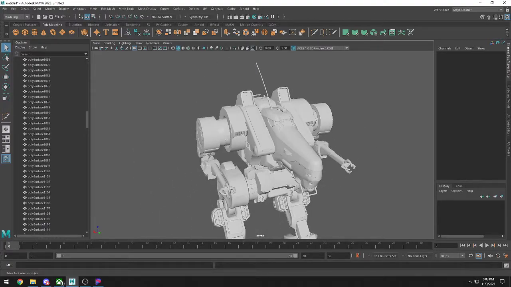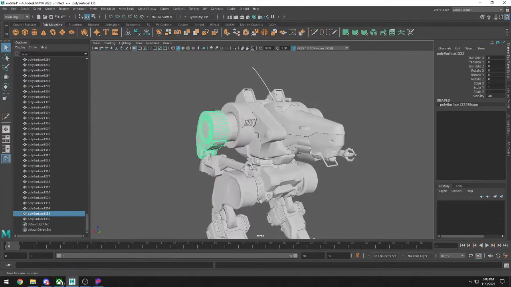Alright. You'll want to make sure you name all your parts. Obviously, you see a whole bunch of random poly groups here, but it's like Viper, upper arm, right, Viper, forearm, right,